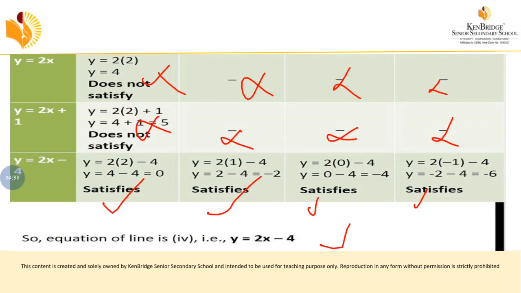So likewise, whatever points are plotted on the graph, you have to write them in the tabular column. Then whatever equation is given as a choice, you also write that. Then for each equation you have to assume all the given points, and check whether it is satisfied by all the points plotted on the graph; that will be the line of equation. If it is not satisfied by even a single point, definitely it will not be the line of equation of the given graph. Okay, so let's move on to the next one.